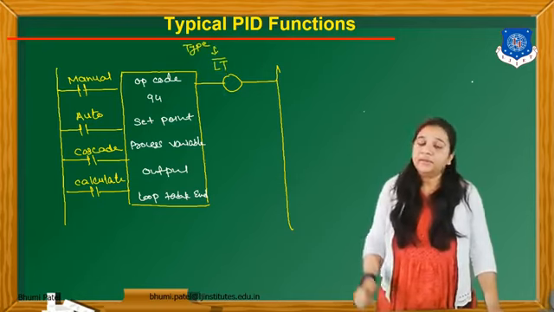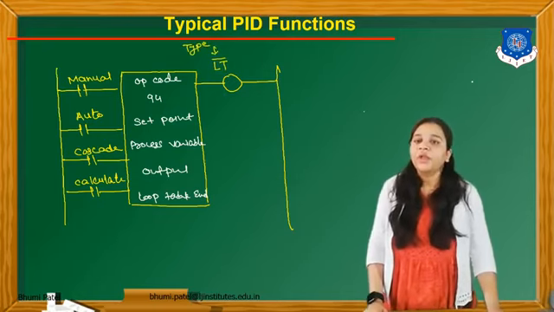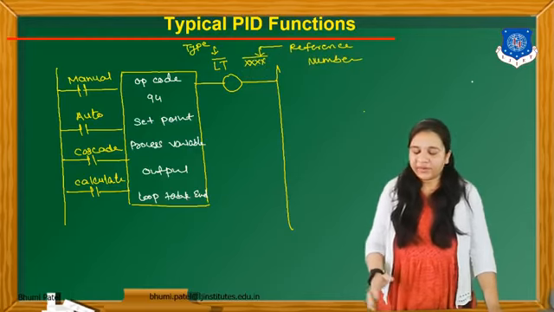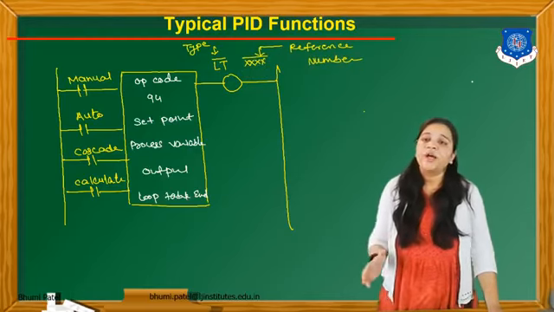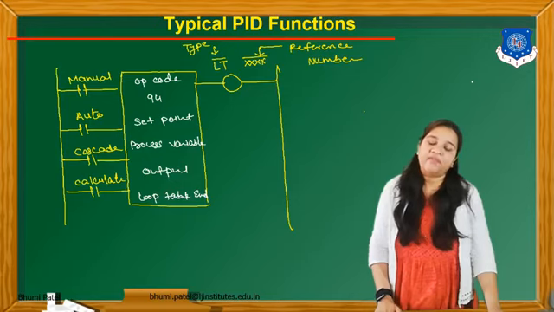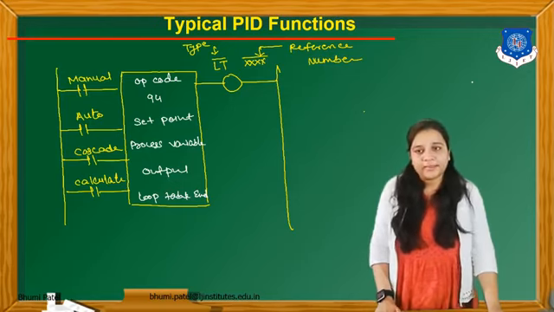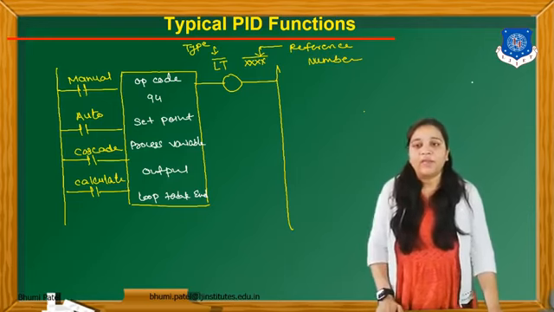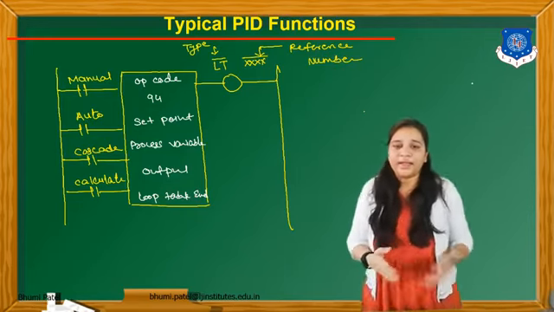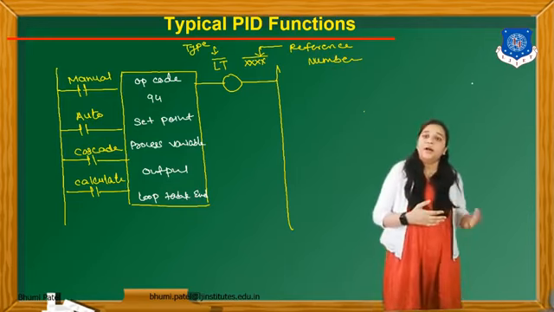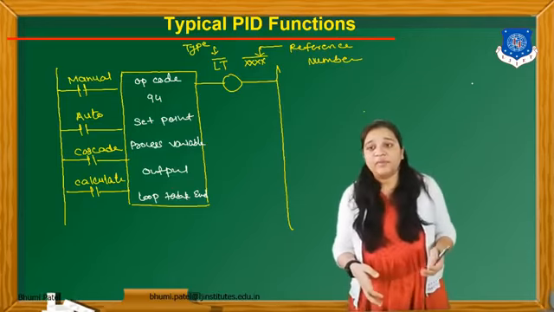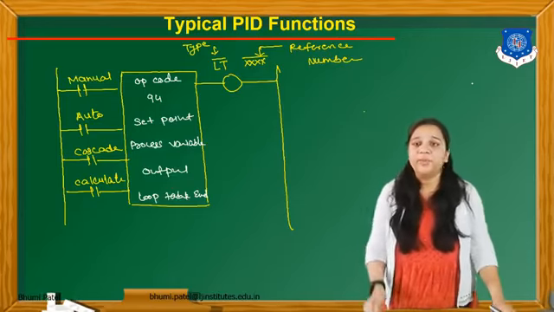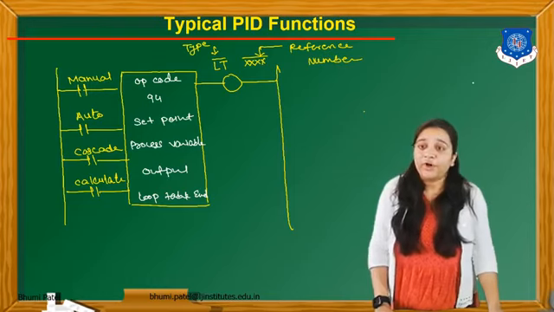And this is the type of the PID function, LT, and we have to write the reference number, which number of this PID function will be executed at this time. So here we have to write XXXX. We have to write LT01, LT15, LT20. So using this number we have to identify which type of PID function is performed at a time.